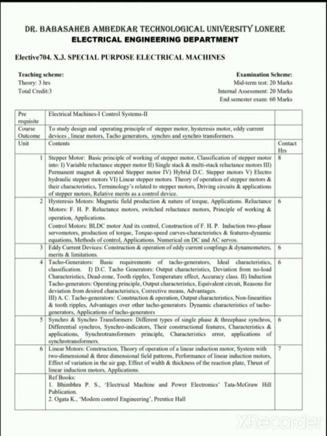You can see the detailed syllabus here. As said earlier, this is elective special purpose electrical machines. Total marks 100, weekly 3 lectures, and it carries 3 credits. There are 6 units. Before that, to study this subject, you must know about electrical machine 1 and control system 2 subjects.